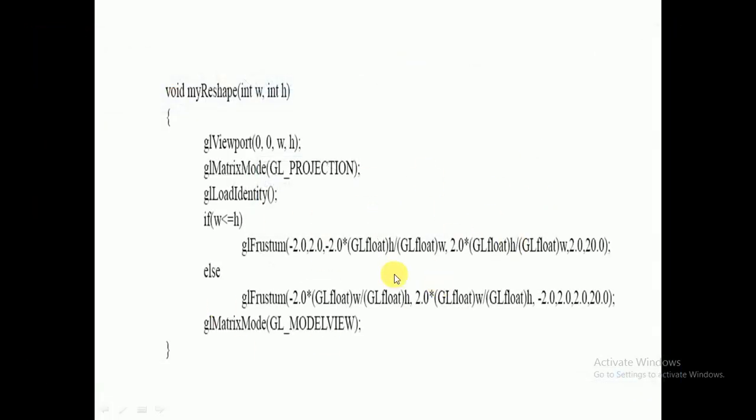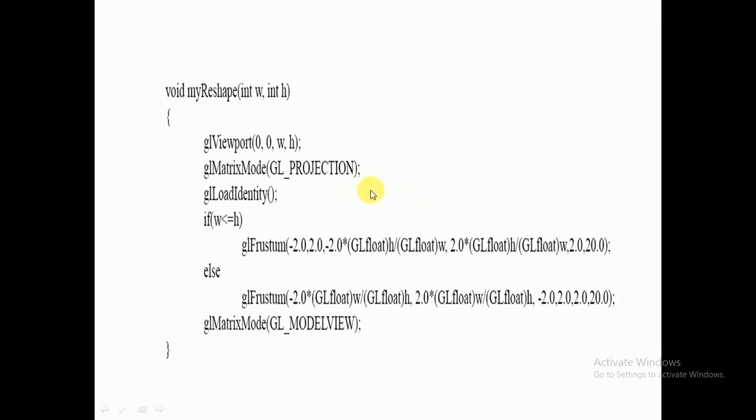In the previous experiments, since those were parallel projections, we used glOrtho or gluOrtho2D. Here we are using perspective projection, so we use the perspective clip, that is glFrustum. The center of our OpenGL screen is 0,0 by default.